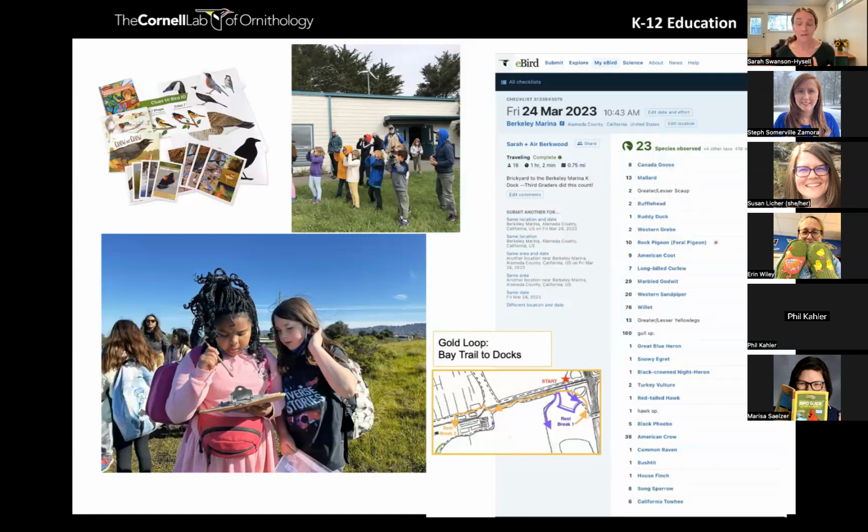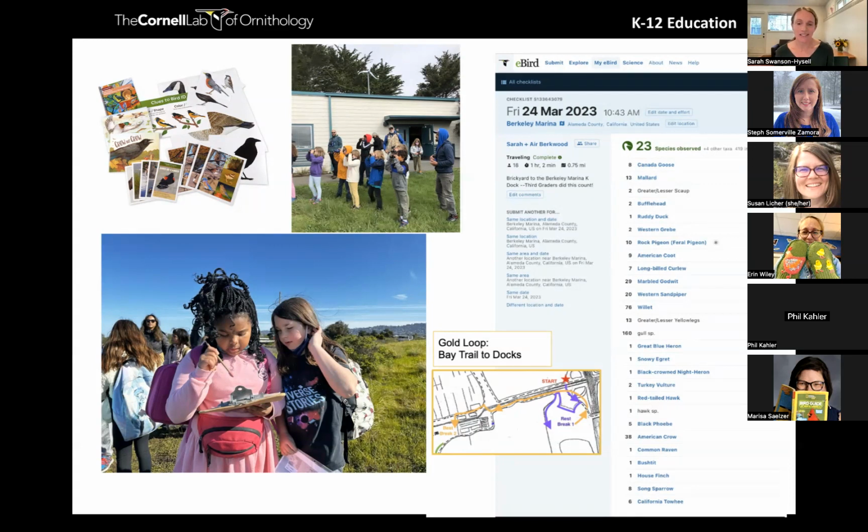And then we would return to the Berkeley Nature Center again on our own, and we would do more of a practice count, where I would help students learn how to tally on their clipboards the birds they were identifying, and we would get a chance to practice in-the-moment identification and counting of birds. And then the third trip, following this gradual release of responsibility model, the kids were handed the responsibility for the counting of the birds, and I would not have my clipboard and was more of a facilitator while the kids identified and counted the birds.